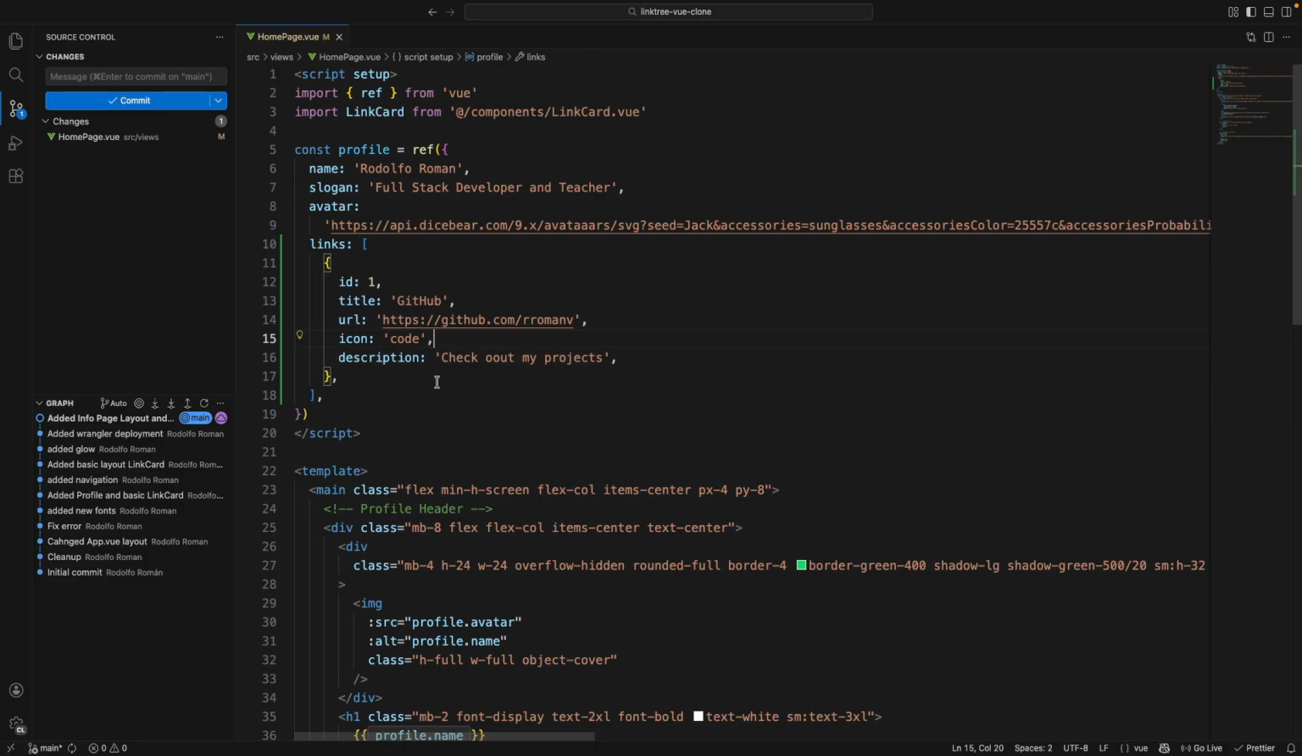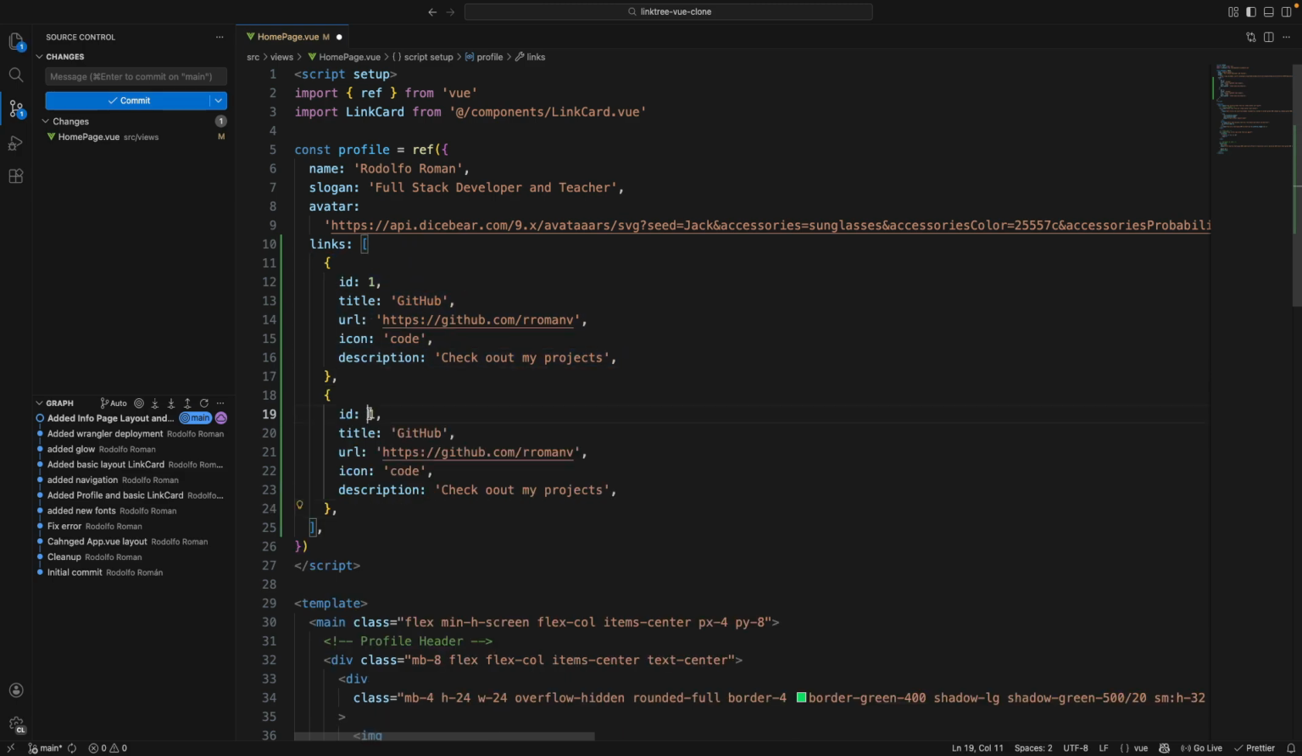Let's have a second one. Let me just copy this over. Let's give it the ID of 2. This is just to mimic like we're pulling from a database. For now, let's do, for example, LinkedIn. And it will be LinkedIn. And I think my,